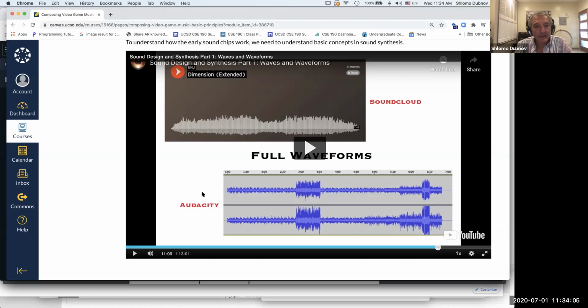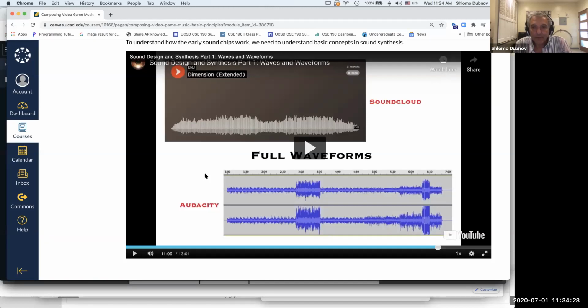I also mentioned Audacity. I haven't yet given an introduction to Audacity, but you can find a link. Audacity is a sound editor. You don't need this for your first exercise, but if you're curious about using sound and you want to jump into that, Audacity will be useful for later homework assignment 3.